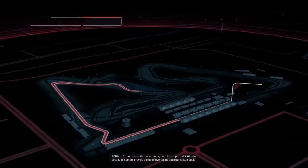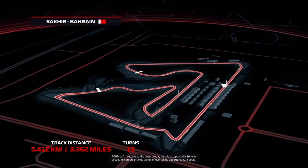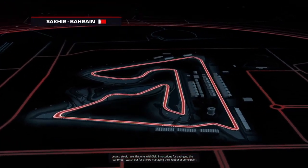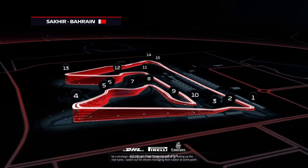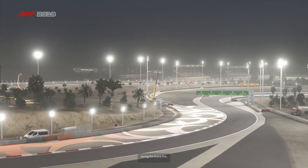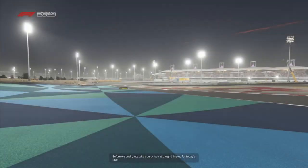Formula One returns to the desert today on this exceptional 3.36 mile circuit. 15 corners provide plenty of overtaking opportunities. It could be a strategic race, this one, with Sakhir notorious for eating up the rear tyres. Watch out for drivers managing their rubber at some point during the Grand Prix. Before we begin, let's take...